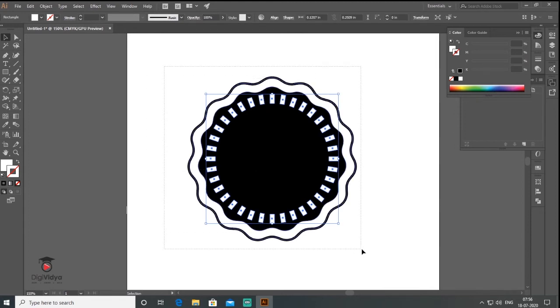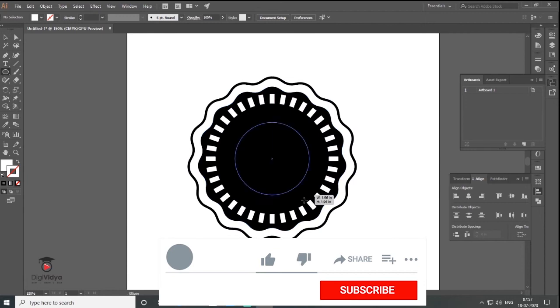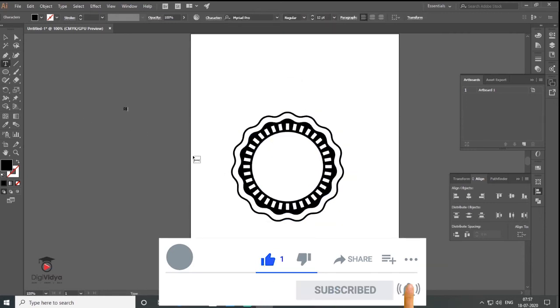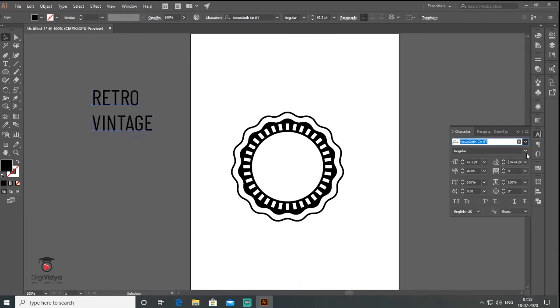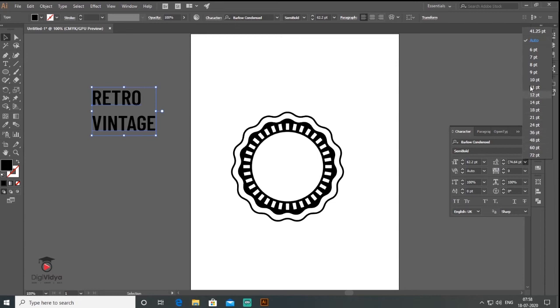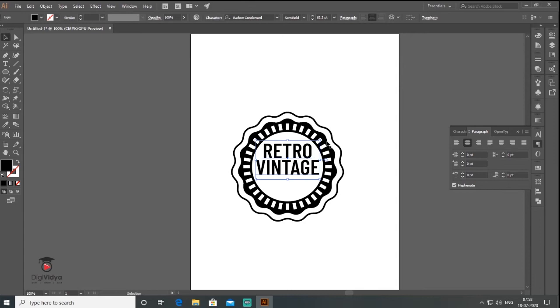Then I select all the objects and go to alignment, horizontal center, vertical center. Easy. Then I want to write something here. Right, I have semi-bold and I am using leading, and go to paragraph and center align, and I just drop it here, right?